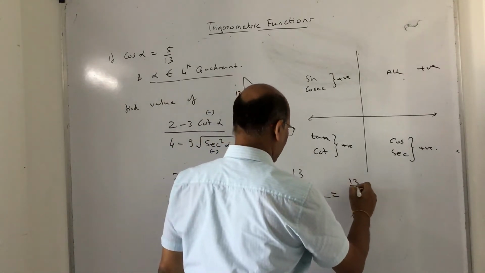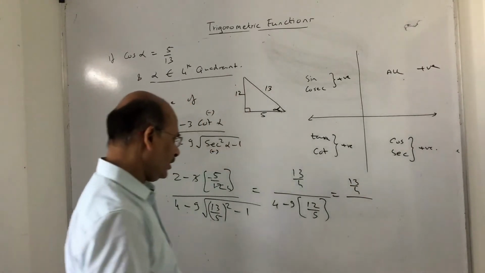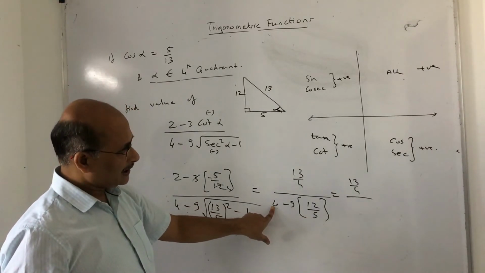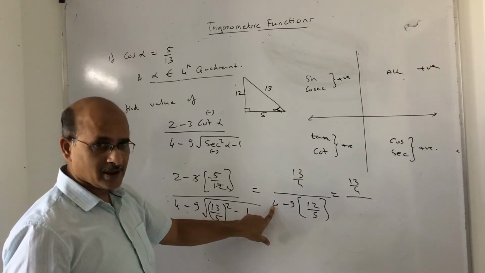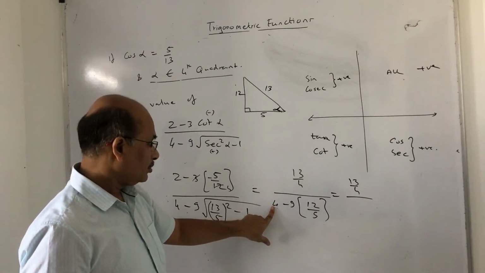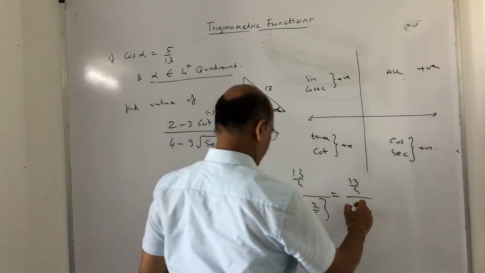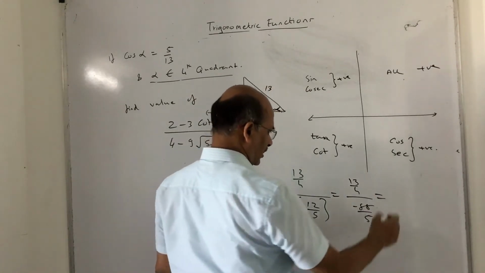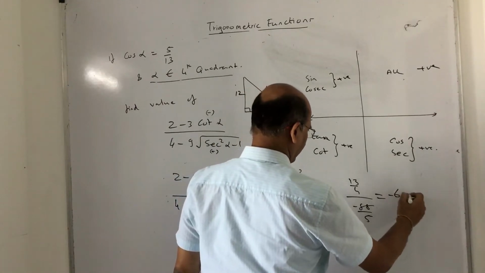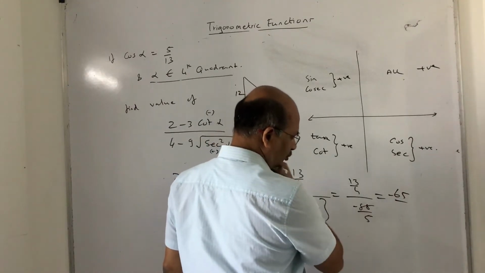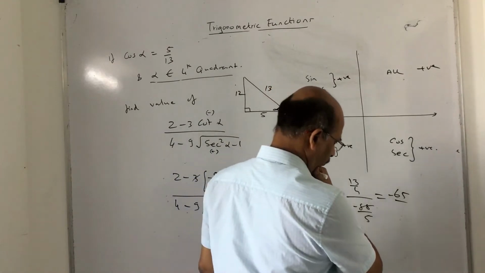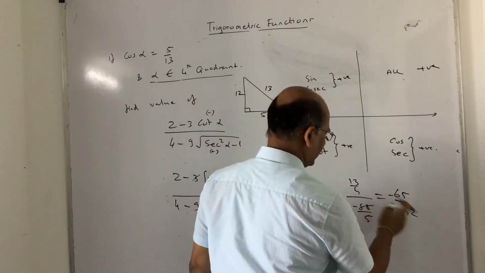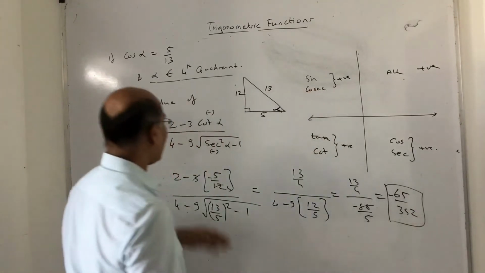So this will become 13 upon 4 divided by 5 fours are 20. Okay, 5 fours are 20. 20 minus 108. 20 minus 108 is minus 88. So minus 88 upon 5. So if you believe this, it will become 65 upon 4 is the 32. 4 is the 32. 352. I took this minus sign over here. So this is the final answer of this expression.